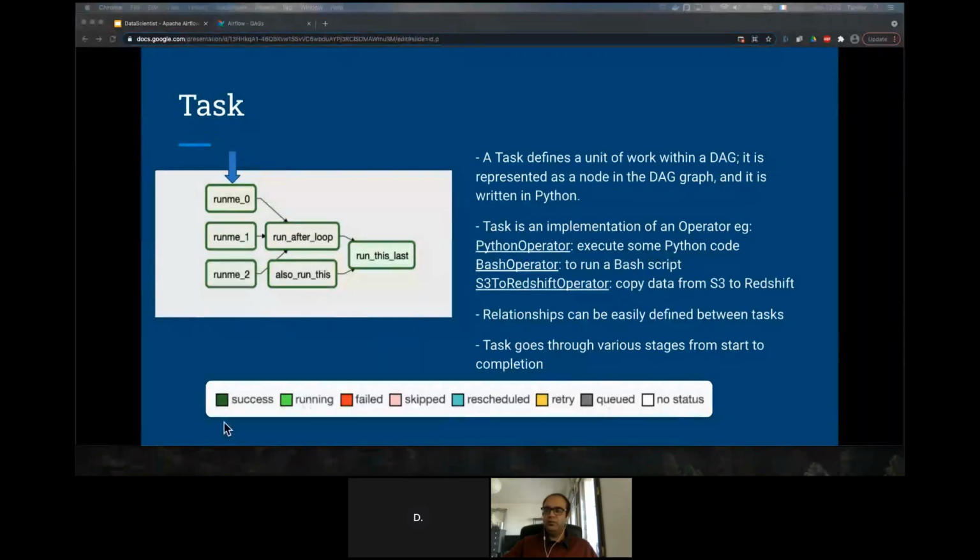If everything is okay, it will go to success. It can be failed, it can also be skipped, or if there is a failure and you have some retry, then it can be retried also. So there are a lot of steps, and the best thing is you can see all of them directly from the UI. You don't need to go to a container or SSH to something or look at a script to see whether this is running or not running. Everything will be directly available from the UI.